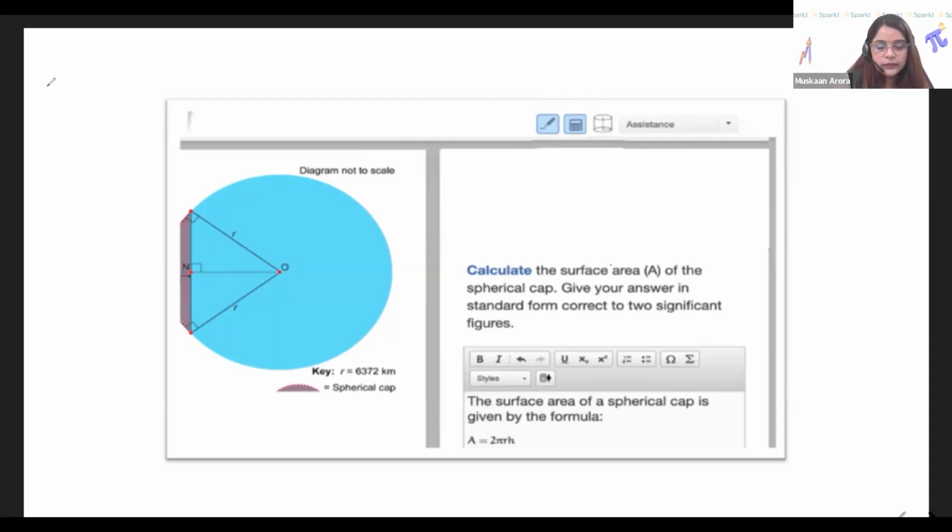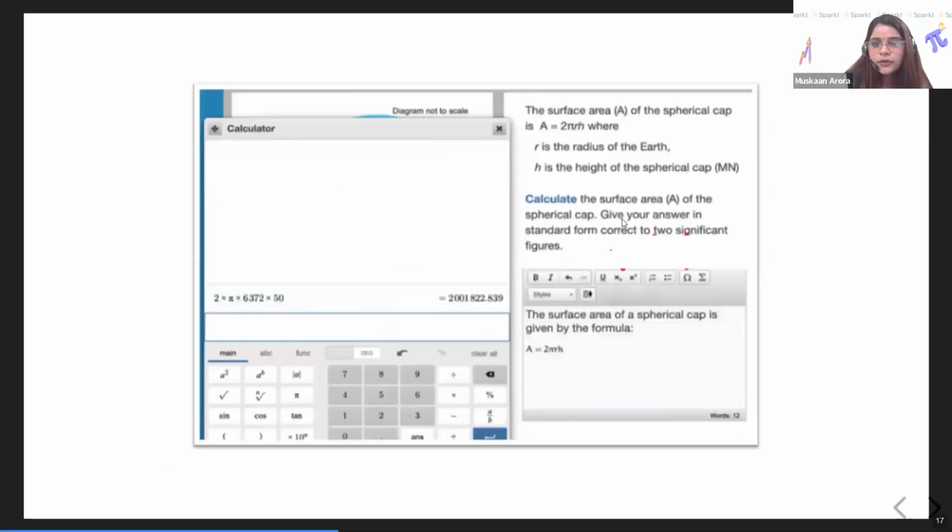So when you click on the calculator symbol, it looks like this, right? So for this particular question, we can see that the student is doing the calculation for the surface area of the spherical cap, right? And they're doing 2 pi rh. All right. Now, what do I do, I simply type all of this from the calculator into my equation editor? Yes, Randhir. You can just click the button with the calculator and the arrow. Okay, we want to make sure that each one of us knows about this. So it is this button over here.